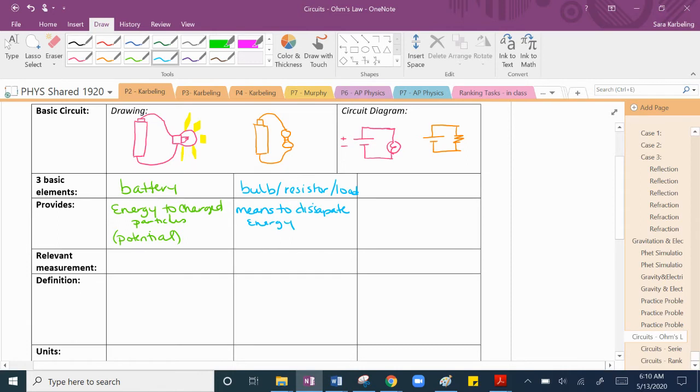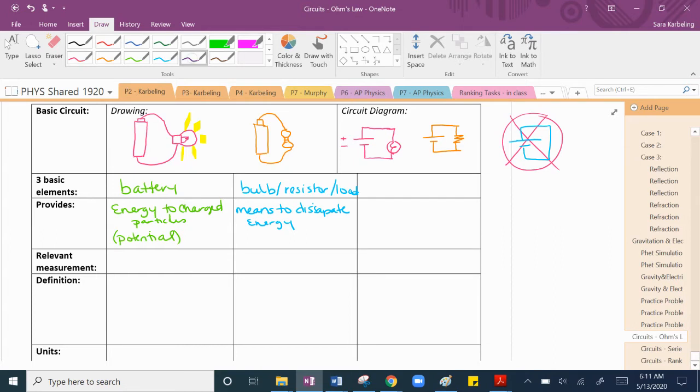It is for sure possible to build a circuit that looks just like this with a battery and a wire, if anybody's ever done that before. But the wire, which is usually kind of innocuous, and we're going to get to that, that's our third thing in just a second, usually just helps to provide that space. But if there's no other load, no other bulb or resistor or toaster or whatever attached to that circuit, then the wire itself actually gets really hot. So this is not recommended. That would not be safe. Which is why it's important that we have a bulb or a resistor or something attached to the